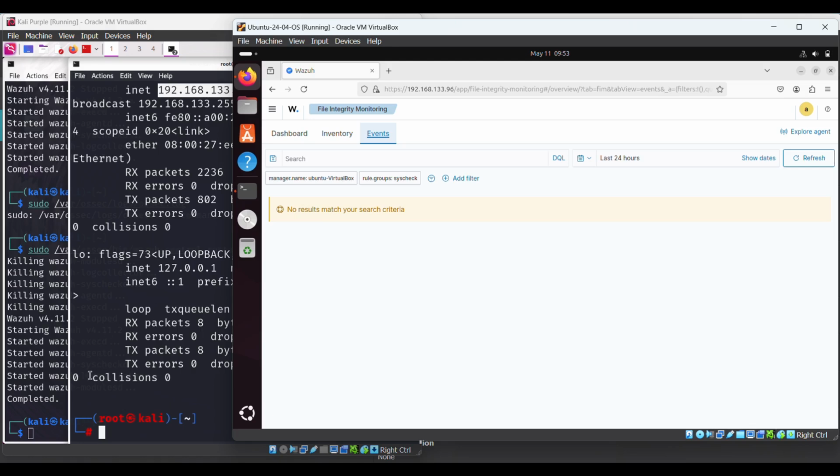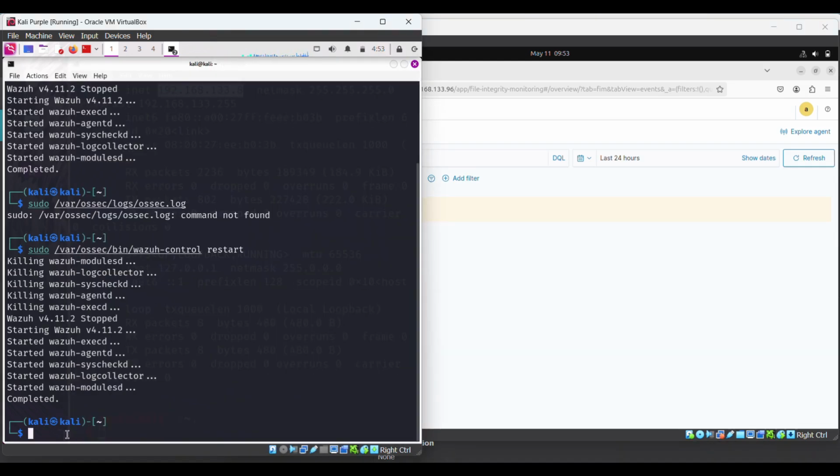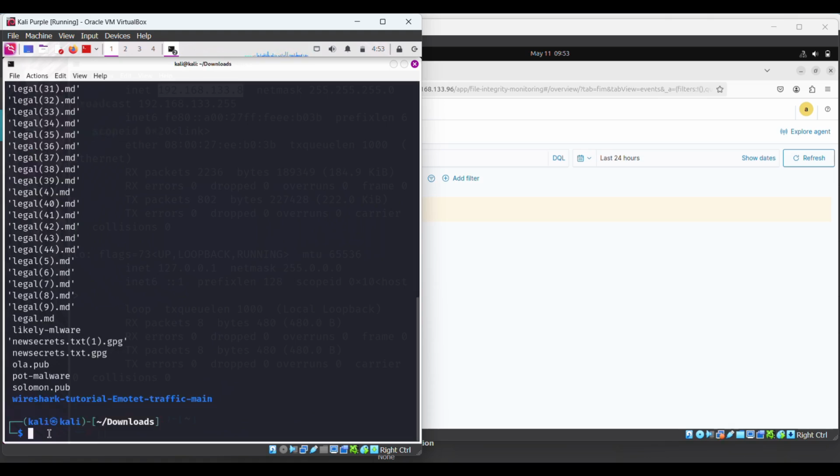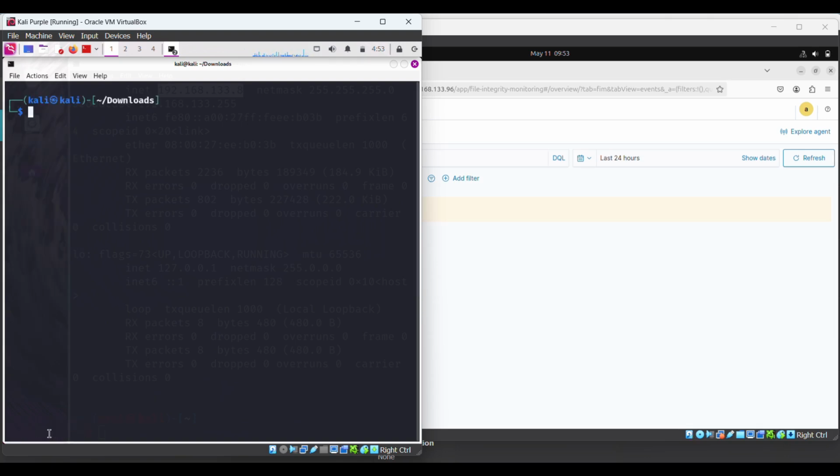So what I'm going to do now is come to my Kali machine here and create a file. I was going to call it account.txt, but first I would like to use my downloads folder for this. All right, so I'm going to use downloads and create a file here. I'm going to say sudo touch, and I'm going to call the file